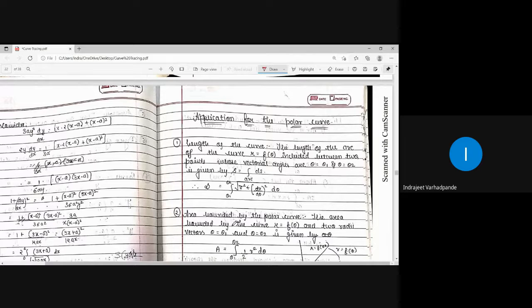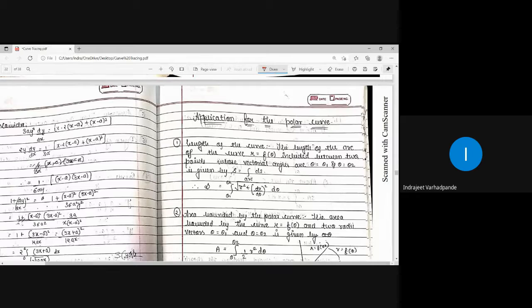In polar coordinate system, x-axis is termed as revolution around the initial line, theta is equal to 0. The y-axis, in polar coordinates, is termed as the line theta is equal to pi by 2. So in this application also we will have parallel formulas generated for the calculation of length or perimeter, the area which is bounded, and then we can calculate the area of surface of revolution and volume of solid of revolution.